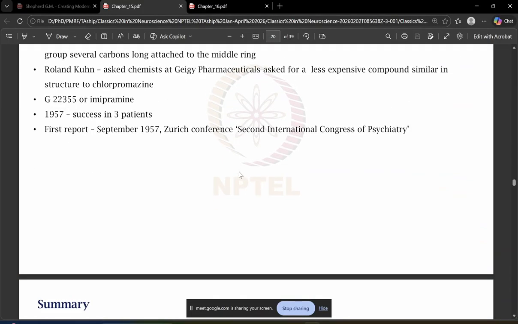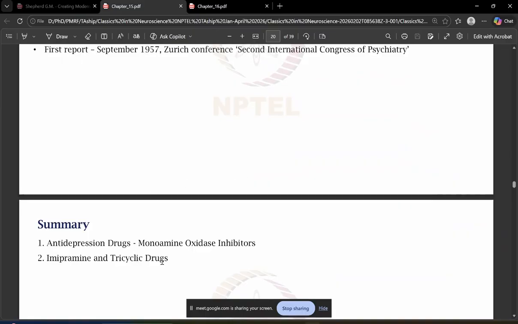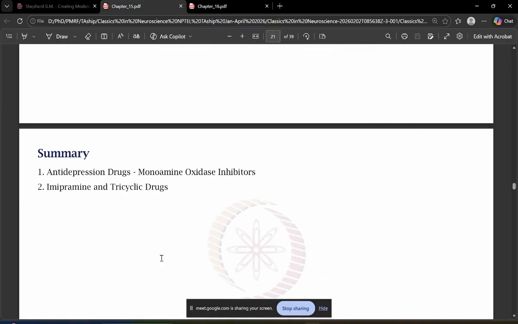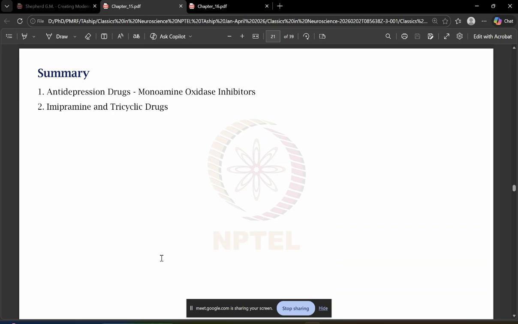However, nowadays, instead of imipramine and these other tricyclic drugs, people use SSRIs or selective serotonin reuptake inhibitors to